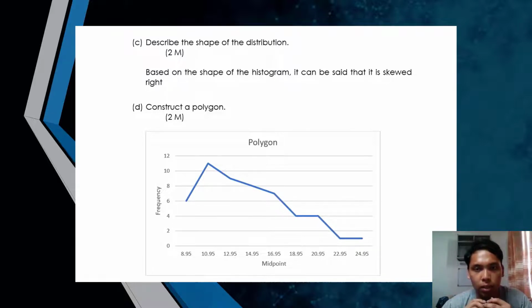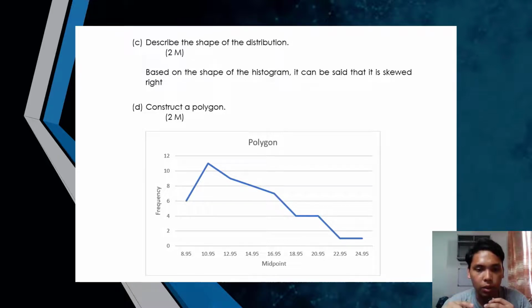Okay, to do a polygon, we need to refer to question A, that table that we have constructed. Okay, for y-axis, it has to be stated as frequency, and for x-axis, midpoint. Okay, for example, frequency 6, midpoint 8.95. So we put a dot there. Okay, then go to the next frequency and midpoint, which is frequency 11, midpoint 10.9,